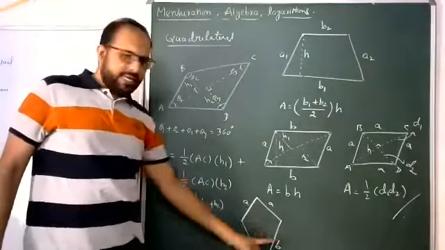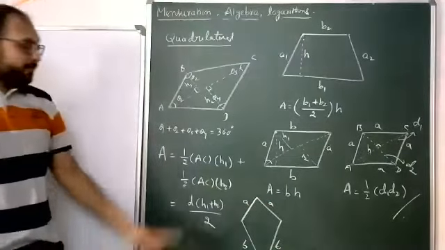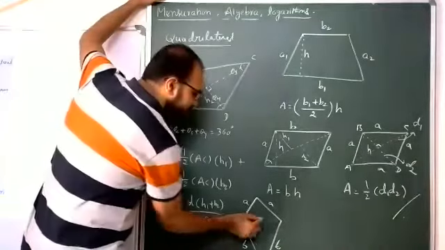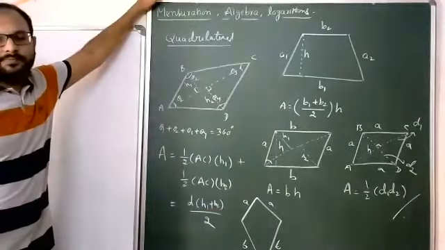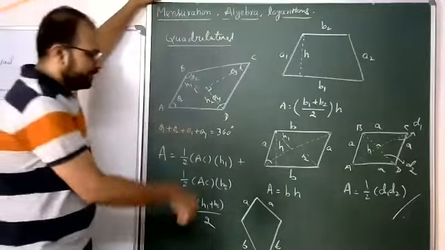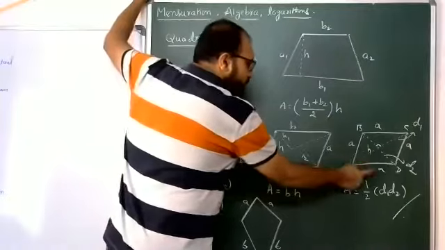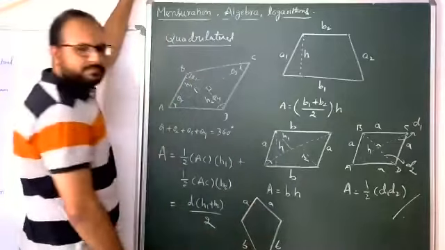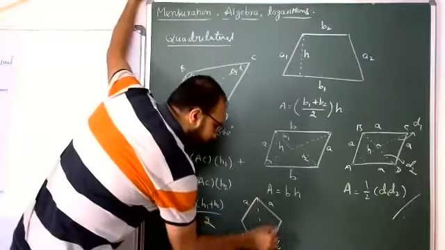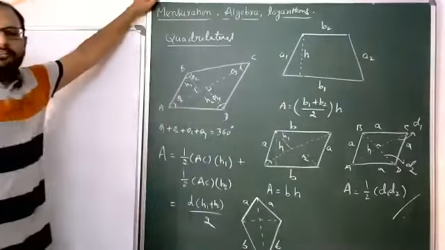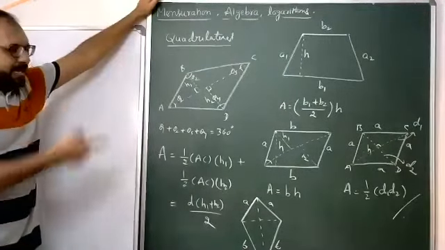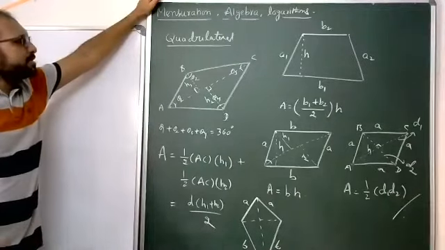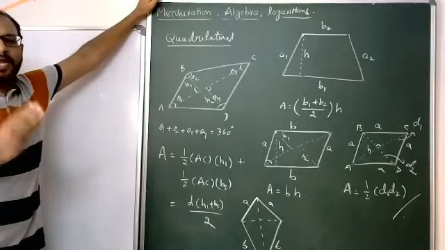Students, A and B also the same, which means adjacent sides are of equal length. Yes, this is nothing but the kite model, one special case of this only. Here these two are the same, and of course the other two are the same, but here adjacent sides are equal. If you take these two diagonals D1 and D2, again the area is equal to half into D1 D2, right?